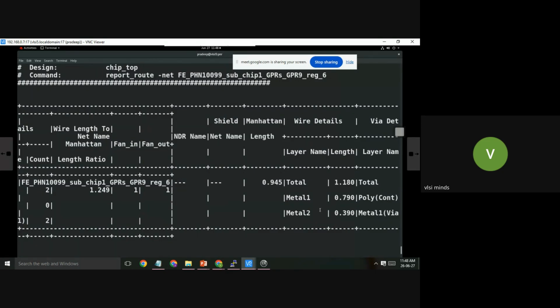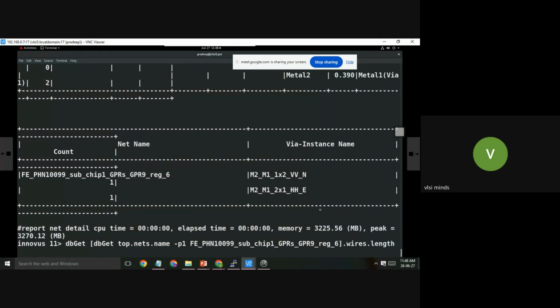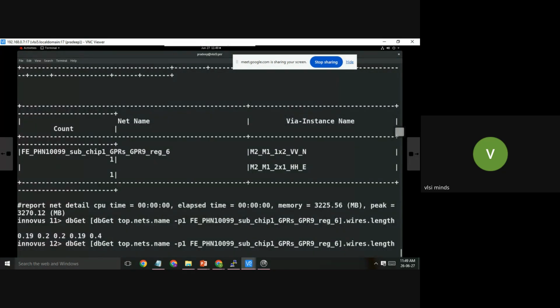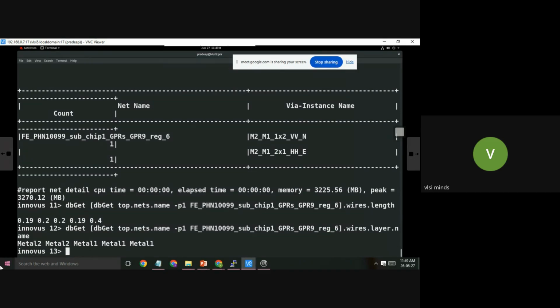This command gave you detailed information, like length. If you use layers dot name, M1 is 0.2, another M1 is 0.4, 0.6, 0.79, right? And M2 is 0.2 plus 0.19.